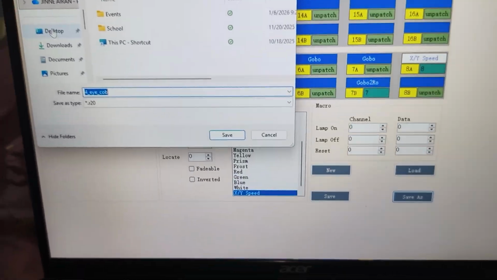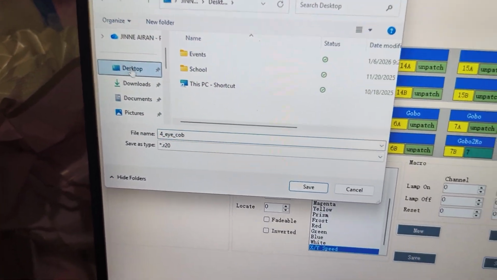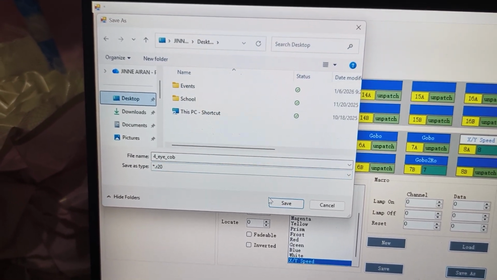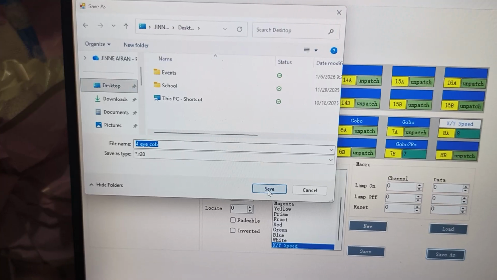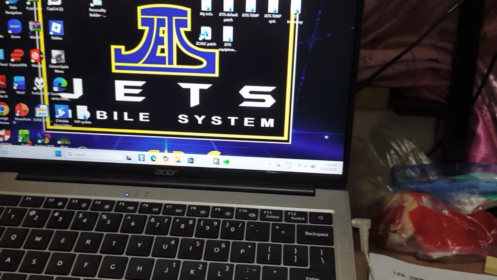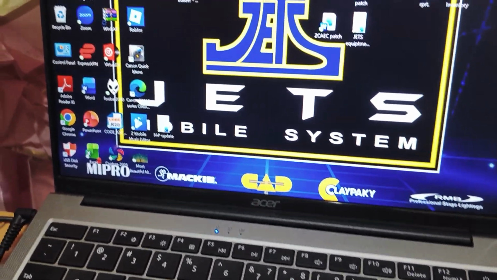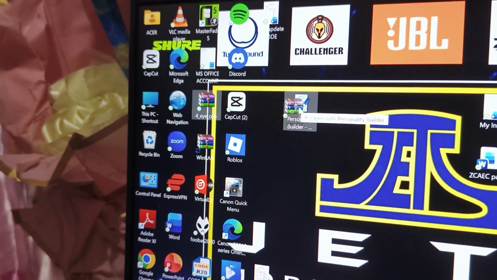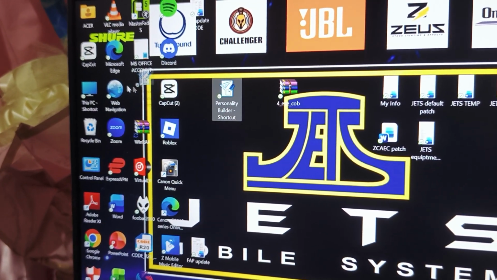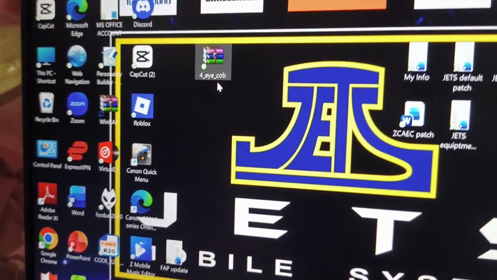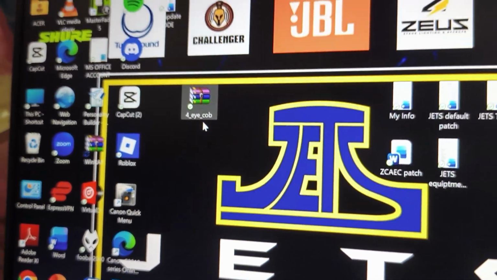For me, I'll put it on my desktop, file name R20, and save it there. Now we're done, and here it is, the 4I.